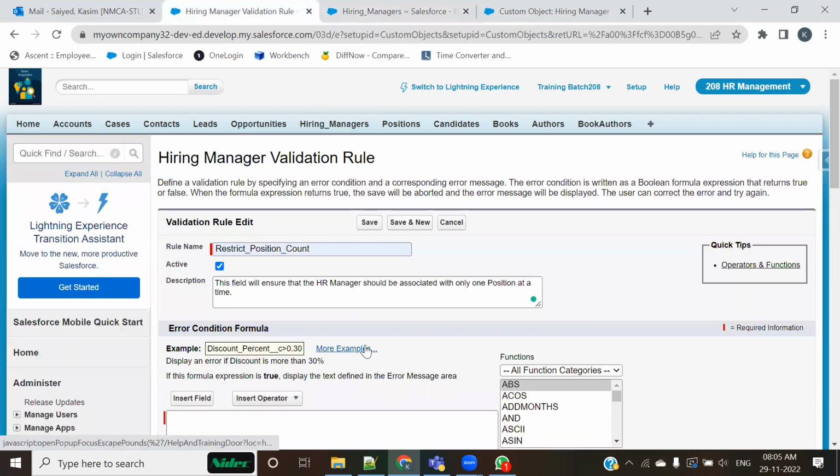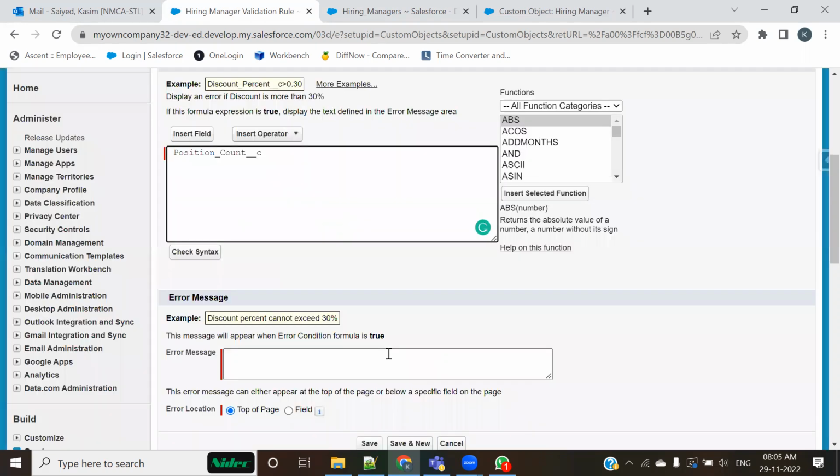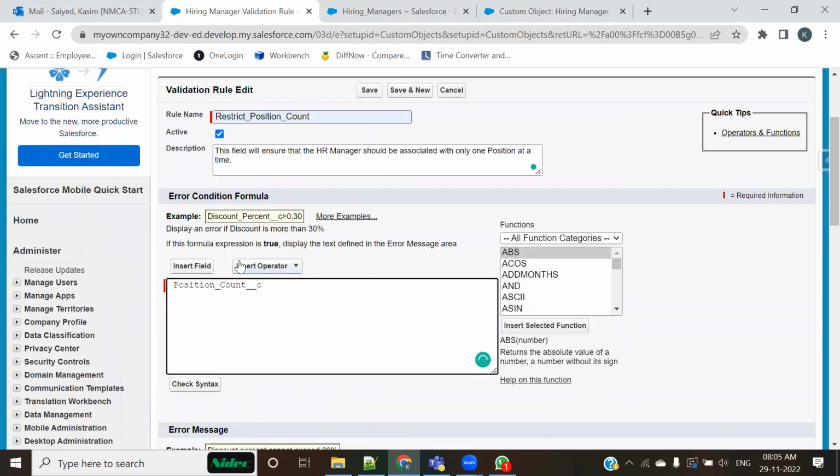And I am now creating a validation rule where I would be checking that field, the field of hiring manager called position count. Let me insert. See, yesterday itself, I explained inside the formula, what we design is something called an error condition. So I am checking based on this formula: if the position count is greater than 1,